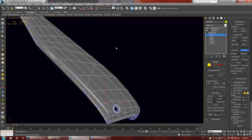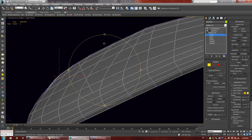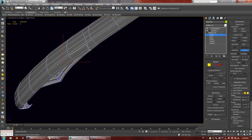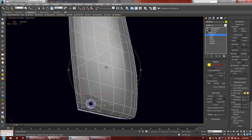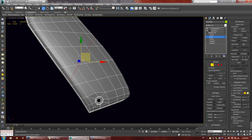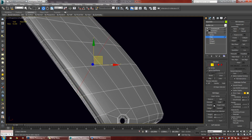I'm going to make a cut just going back up like that. And then from the opposite angle, I'm going to continue that around like so. So when I made that cut, it will automatically select all those edges for me. So I'm just going to use the chamfer